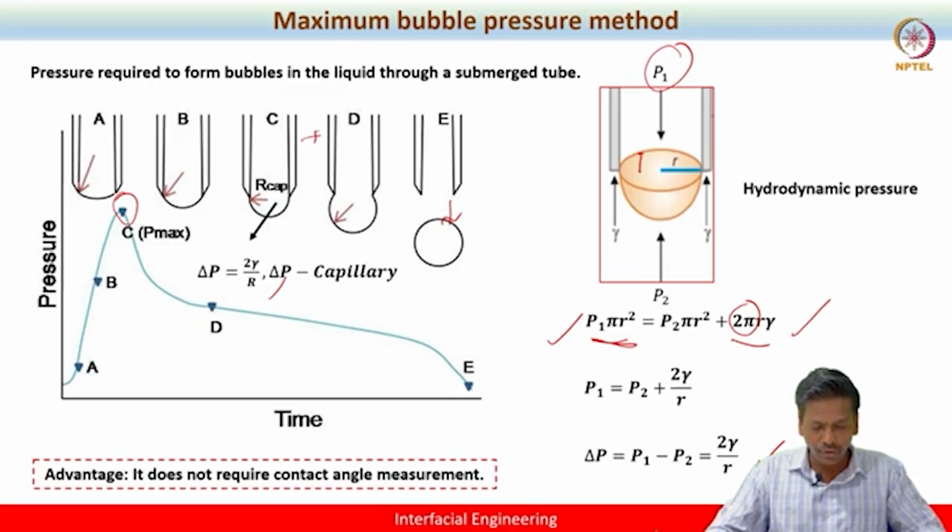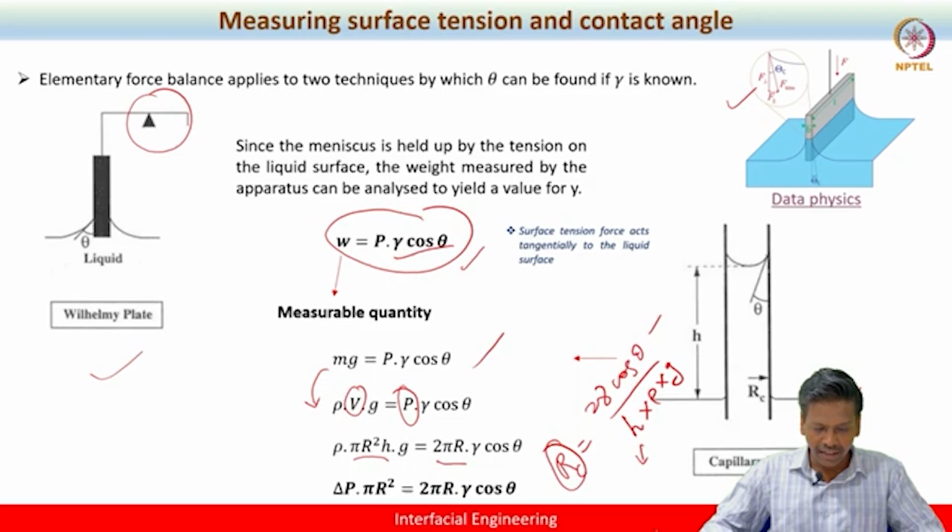So I think these techniques are very clear, and based on them one can measure the surface tension if theta is known, or theta if surface tension is known. In the case of the maximum bubble pressure method, the advantage is we don't need to know the contact angle before the measurement. One thing I forgot to mention: